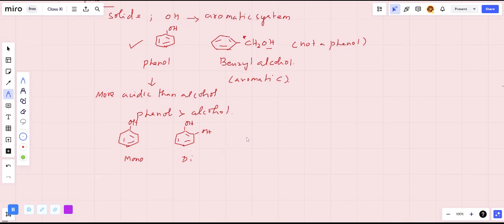Okay. Then if you are taking tri, maybe it's like this, it's an OH, it's an ortho. It may be an ortho para, or it may be an ortho and meta, anything. Or it may be this side ortho and para. So this is a trihydric alcohol. Okay, so the ethers, if you are taking ethers,